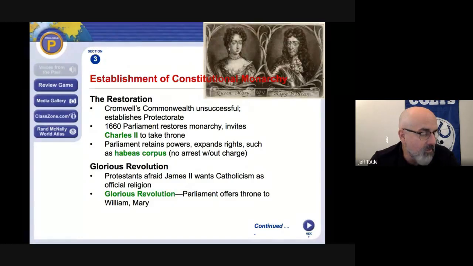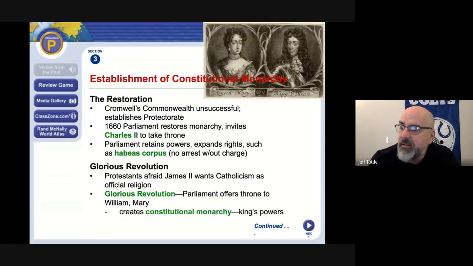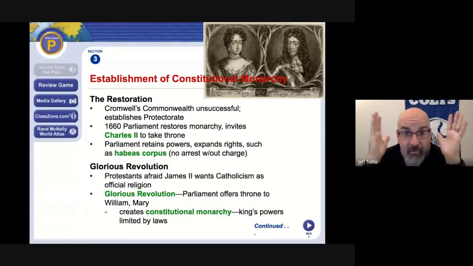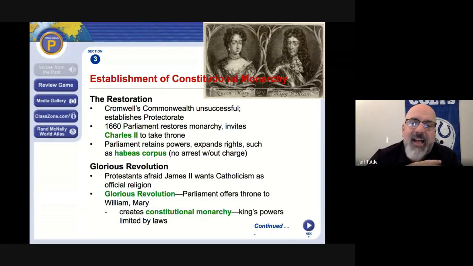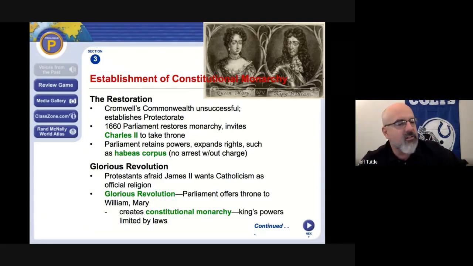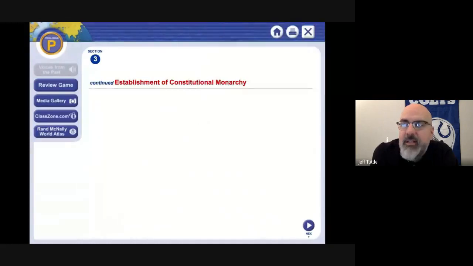Because there wasn't another civil war. And they're going to create what we call, and there still is, this is England still to this day, a constitutional monarchy. In other words, they have kings and queens, but the kings and queens have to obey the law just like everybody else. They're not above the law. And so that's what makes it a constitutional monarchy. There's a list of rules that everybody has to obey. Right? And in fact, to make everything really clear, the next year, 1689,